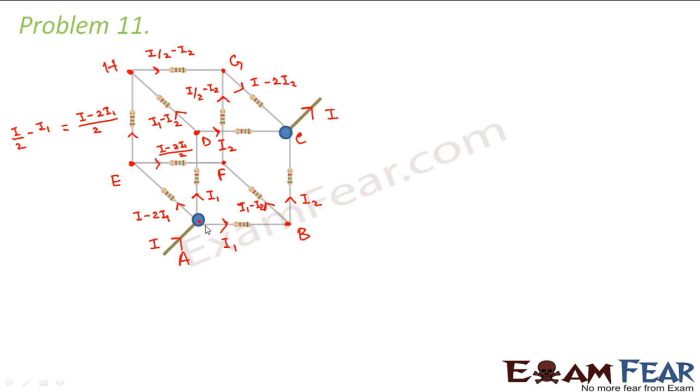So I current entered the circuit and I current came out of the circuit. But different amounts of current went through different arms of the circuit. So you understood how it makes a difference if I change the points between which I want to calculate the equivalent resistance? The entire current distribution changes, right?